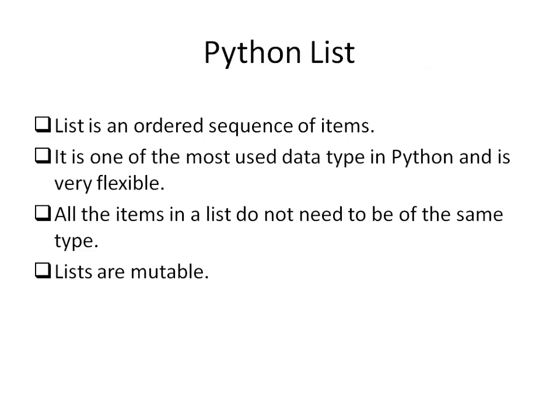First of all, Python list. Here are some important points regarding Python list. List is an ordered sequence of items. Ordered sequence means that although two lists may contain the same items, if you change the order of those items in the list, then the two lists are different. It is one of the most used data types in Python and is very flexible. Flexible means it is mutable. You will see later what mutable means.